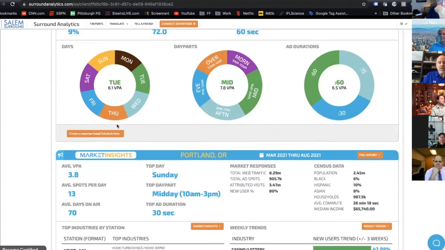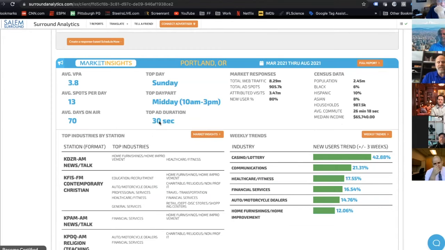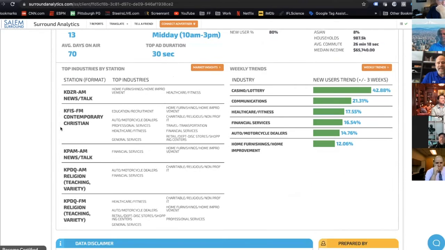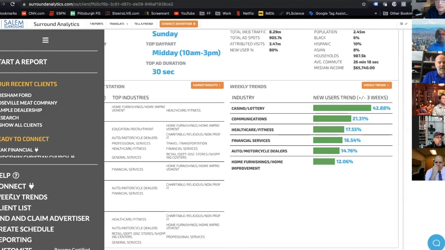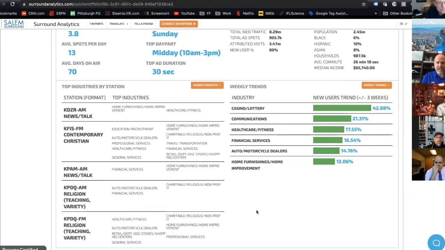And then it'll also load market level data, which has some aggregated market response data, some general market size data, a list of stations and what categories we've seen resonate particularly well on those stations, and the top 5, 6, 7 things here from weekly trends. Weekly trends, as a reminder, you can also access from here, and is the first part of that prospecting step